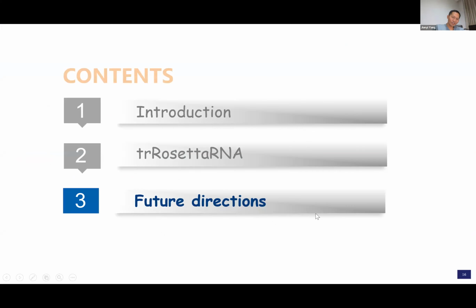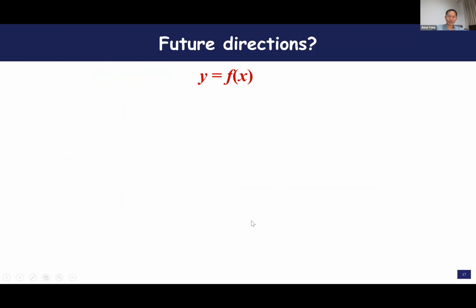So I think that for my last slides, I will talk about the future direction for RNA structure prediction by deep learning based methods. As I said, the top ranking groups in CASP 15 are better than AI-based methods. But I think the reason is because they are using human intervention, not just because AI is not good. Then how to improve AI in future?